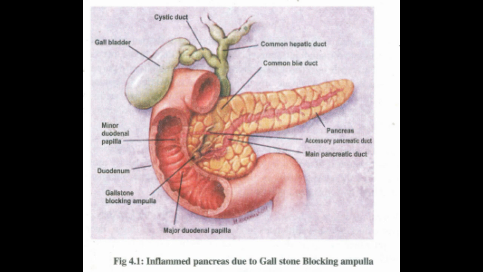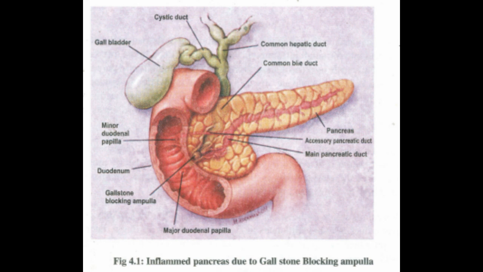4.3 Etiological factors. Alcohol abuse and gallstones are the two main causes of pancreatitis, accounting for 80% to 90% of all cases. The remaining 10% to 20% of cases of pancreatitis have various causes, including the following. Certain medications like corticosteroids, thiazide diuretics, oral contraceptives, NSAIDs, etc. are associated with